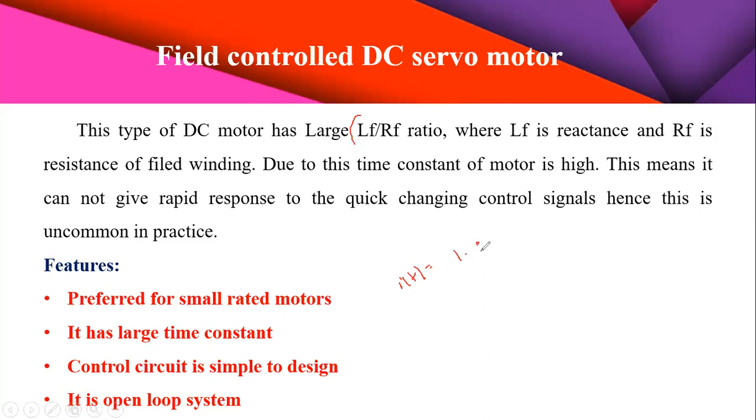1 minus e power minus t by tau. So tau is the time constant, and its value is L by R. So this type of DC motor has a large L by R ratio. Okay? Due to this the time constant of the motor is high, this means it cannot give a rapid response to the